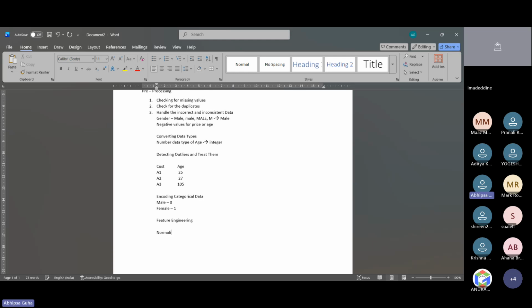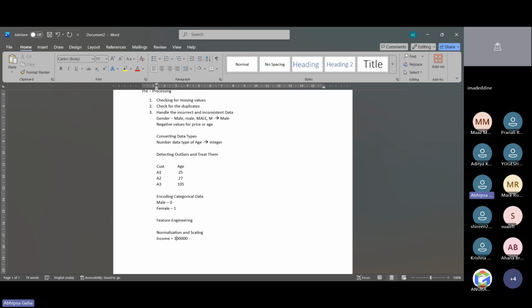So we have normalization and scaling. This is basically for numerical data. This is used mainly for machine learning, because some of the columns have very large values, right? Suppose a person's income is around maybe 1 lakh, or 10 lakh maybe. Just a reference I am giving.